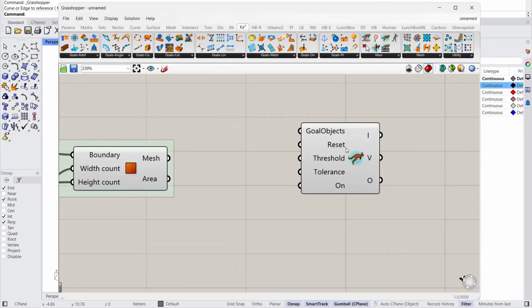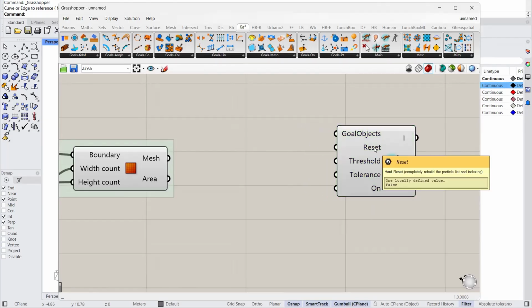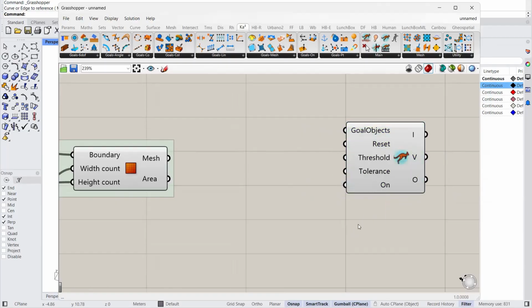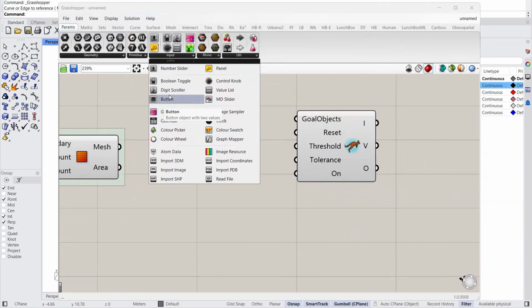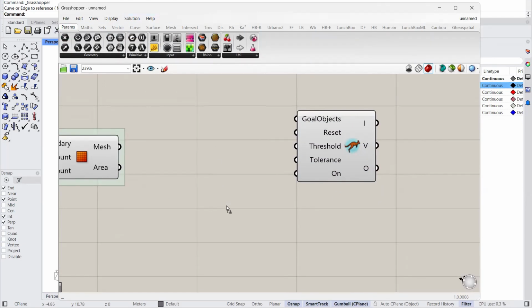So reset is turning your car engine on. And then the on is continuously, let's say, keep it running, right? Having the fuel to keep it running. So both of these are Boolean toggles. So this one by default is set to false. This one is set to true. So let's first set this up. I'm going to go to parameters under input, grab a Boolean toggle,